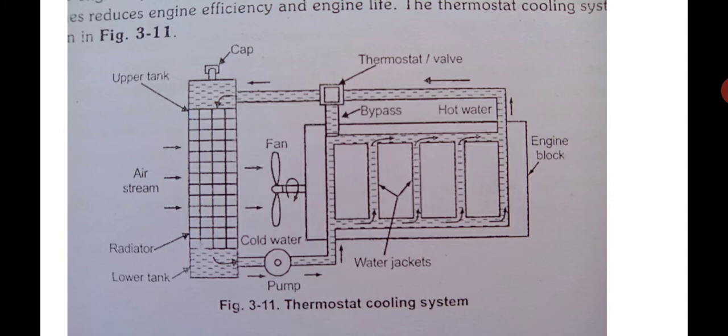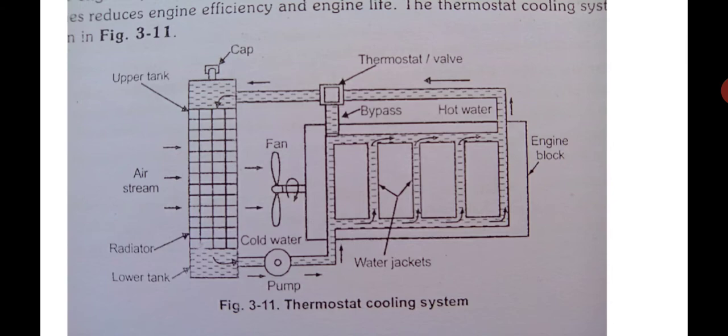But first we will see the pump will pump the cold water to the engine. It becomes hot and the hot water goes to the radiator. Radiator on the top it goes. Again when the water is coming down through the radiator tubes, due to the cross flow of the ambient air, which is at a comparatively lower temperature, the hot water gives the heat to the cold air and it becomes cold and comes back to the lower tank of the radiator, and from the lower tank the pump will pump the coolant water to the engine.